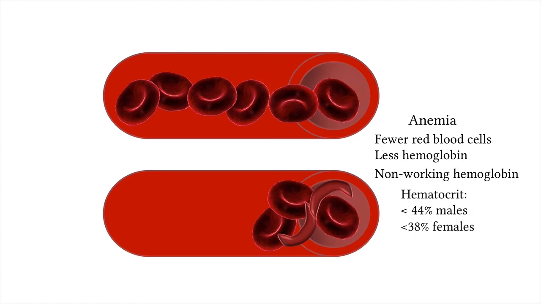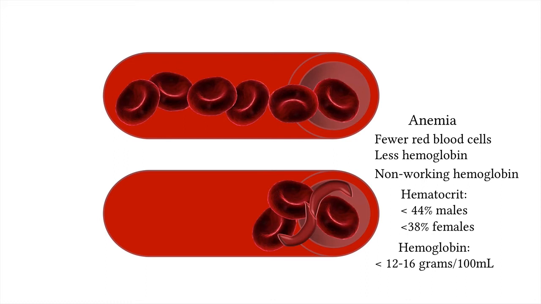This test determines the percentage of red blood cells in a person's blood. If it is significantly below 44 to 48% in males or 38 to 45% in females, then that indicates anemia. There's also a blood test called a hemoglobin test, which can tell you how much hemoglobin is in the red blood cells. If the test results are below 12 to 16 grams of hemoglobin per 100 milliliters, then that indicates